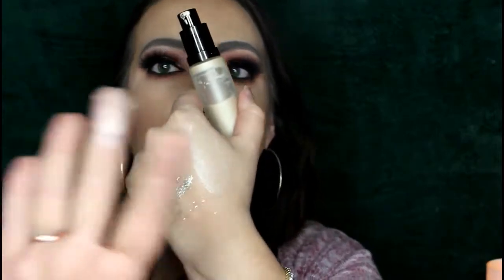But this is just a really phenomenal primer. It is very luminous. It has really great consistency. It smells so good. I absolutely love this primer. You can really see that luminosity on my fingers and on my hand. This is a primer that I recommend to my friends, my family members. I got this about 3 weeks ago, and I'm already halfway through the bottle just because I love it so